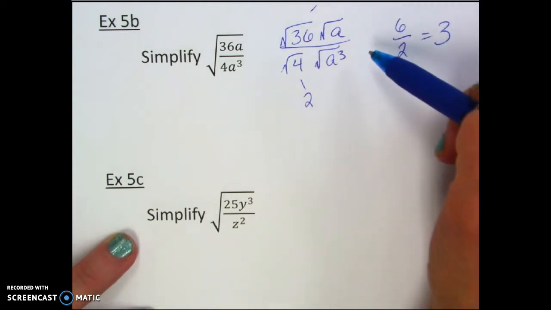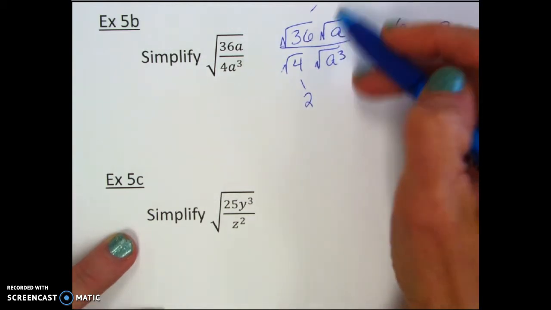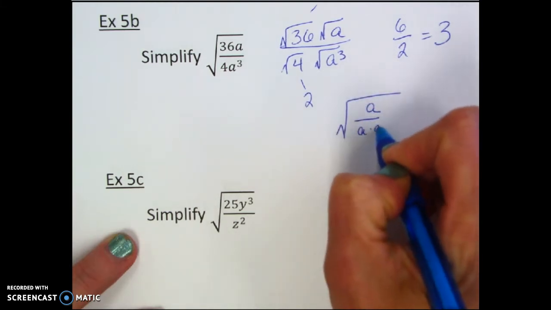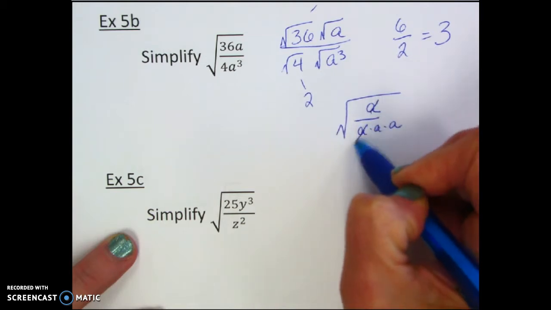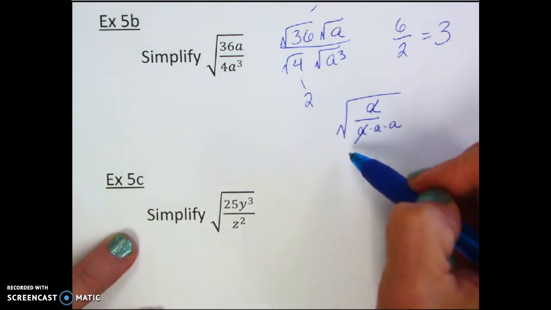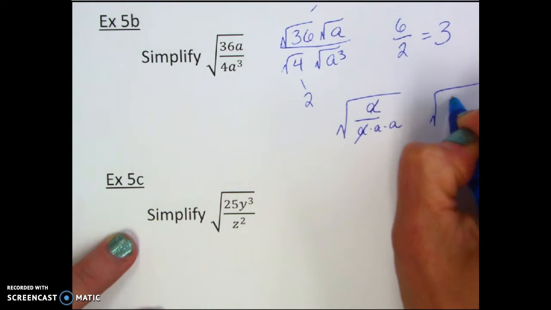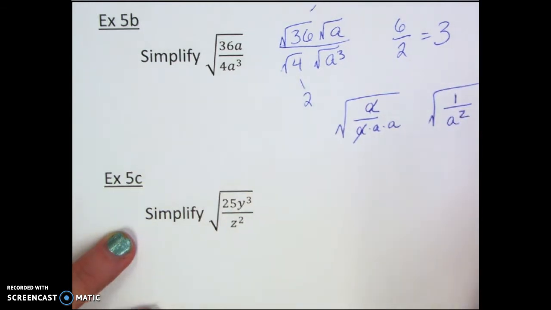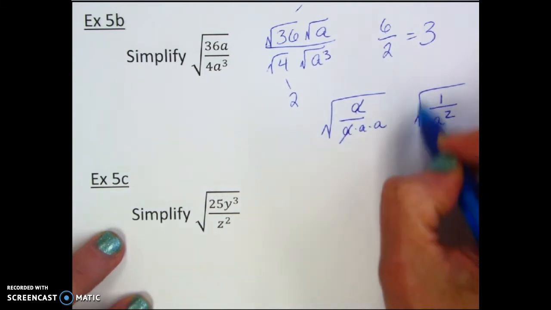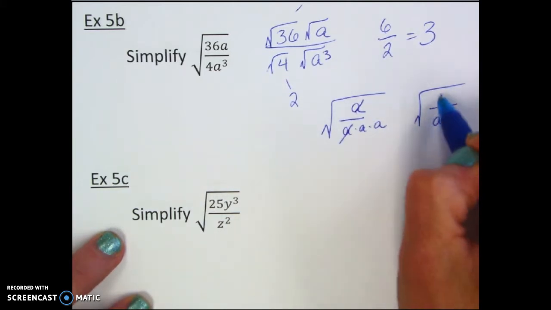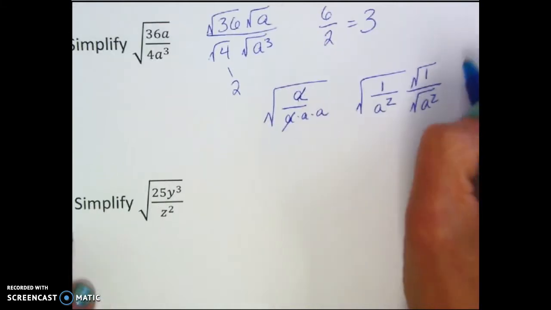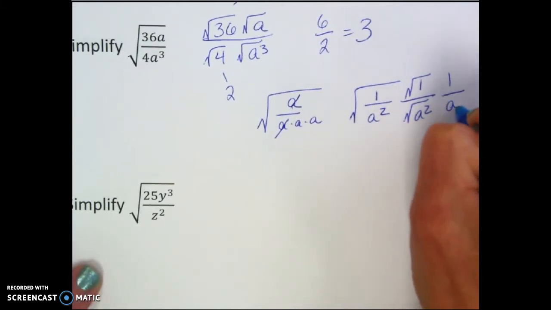But we also have these a's to deal with. So we have the square root of an a on the top and 3 a's on the bottom. Well, an a on the top and 3 a's on the bottom, one of those will cancel. So we really have the square root of 1 over a squared. Well, the square root of a squared is just a. The problem is this is in the denominator. So we really have the square root of 1 and the square root of a squared. Well, the square root of 1 is 1, square root of a squared is just a, so we have 1